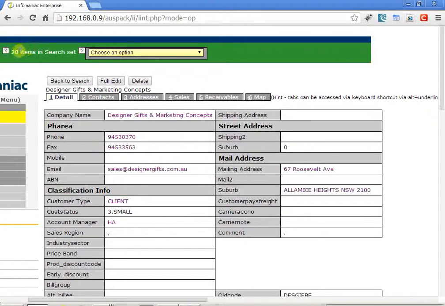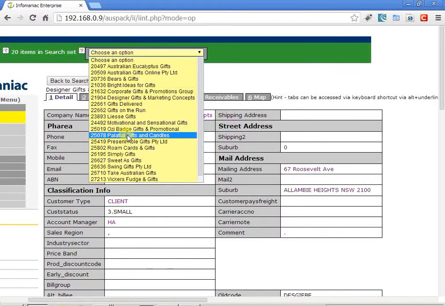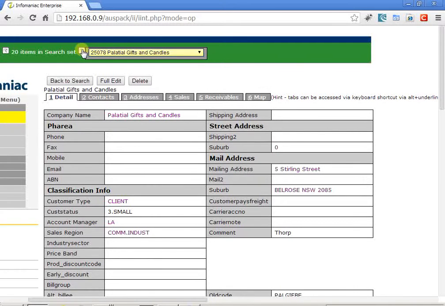You'll see up the top here we've got a section that says we've got 20 items in the search set. You can move between them as well. We've got the drop down with all those other names, so I can move quickly between cards here. I can use the arrows to go next, next, next. So if you've done a search that's got multiple customers that you want to look at, that's a useful way